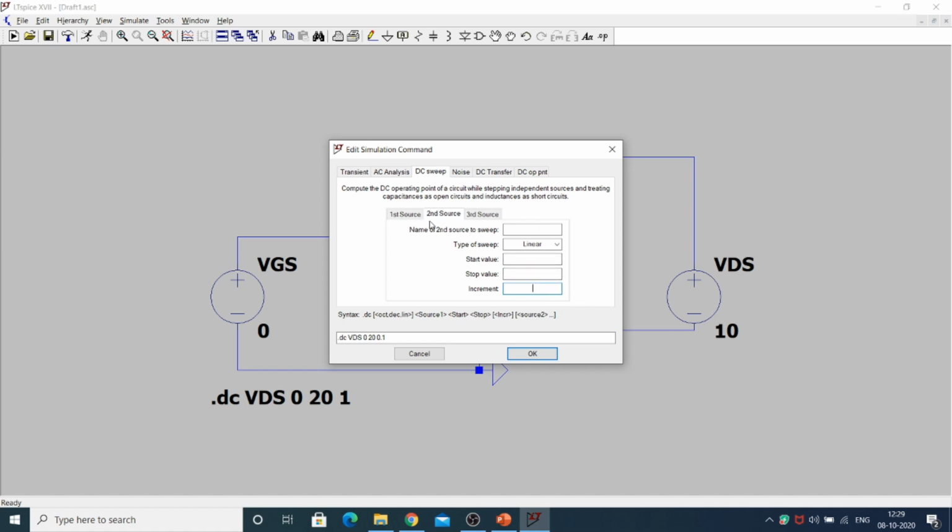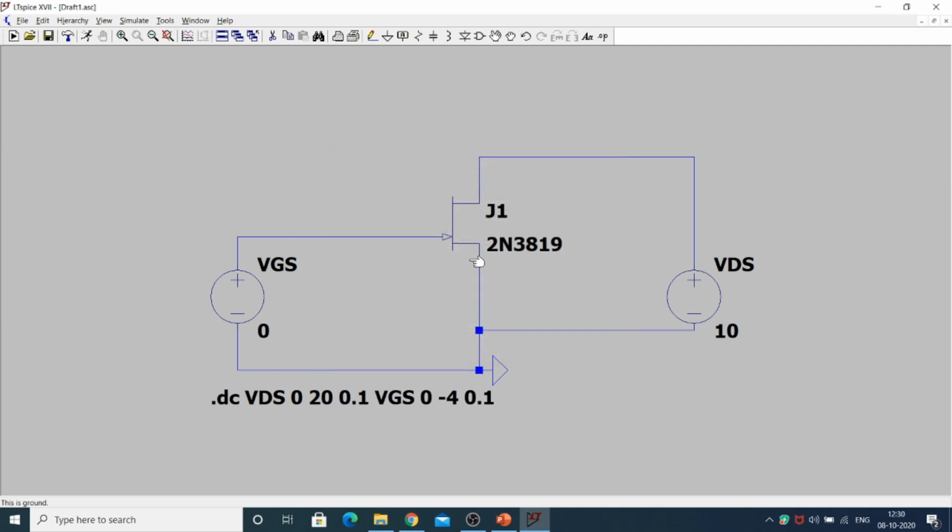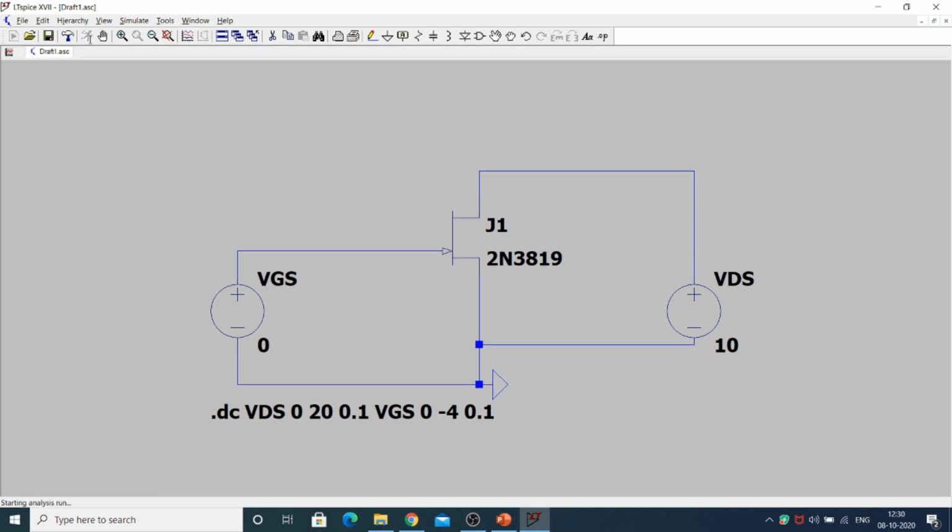And for the second source, I'll give VGS from 0 to -4 in steps of 0.1, so the same step I'll be keeping. So I kept VDS as 0 to 20, varying in steps of 0.1, and here I am varying 0 to -4 in the negative direction because it is an N-channel JFET, in terms of 0.1. Run it.